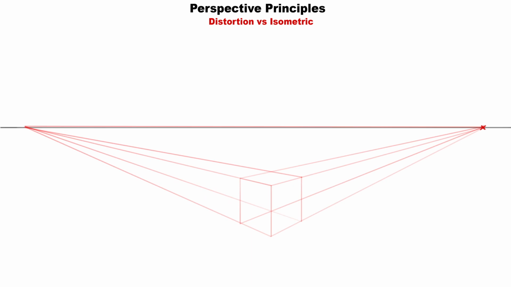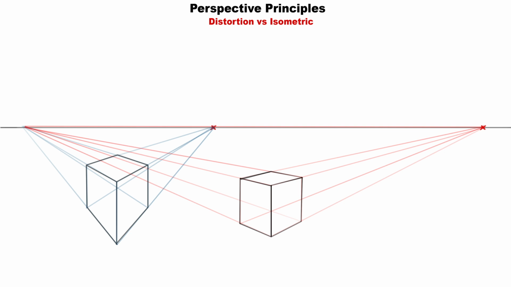When we examine this box in a 2-point perspective, it appears much like any box we have drawn before, with the two vanishing points situated far away from the object on opposite sides of the drawing. Now observe what happens if we bring one point closer to the other. You will immediately notice the increased distortion in the second box. This distortion occurs due to the reduced distance between the vanishing points.